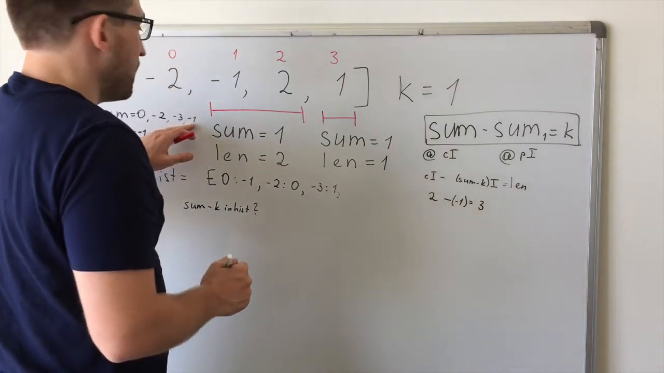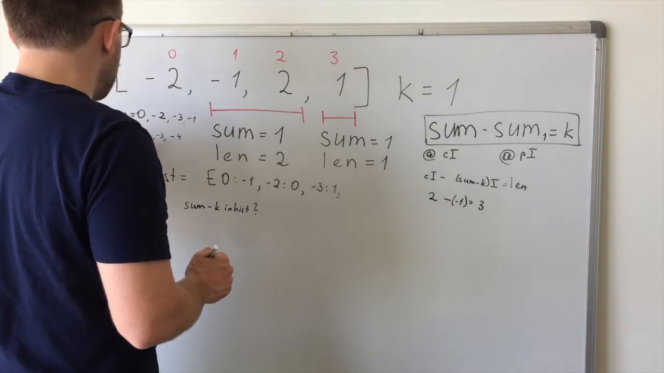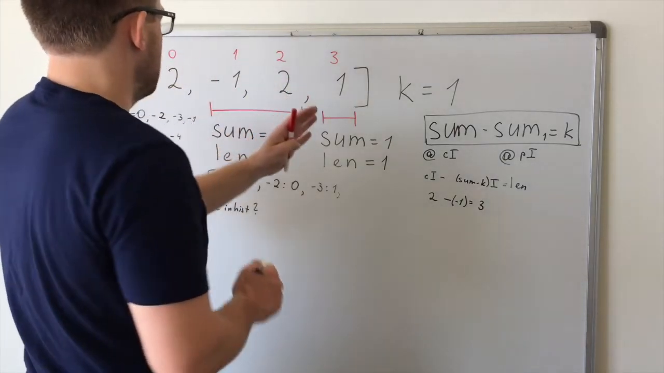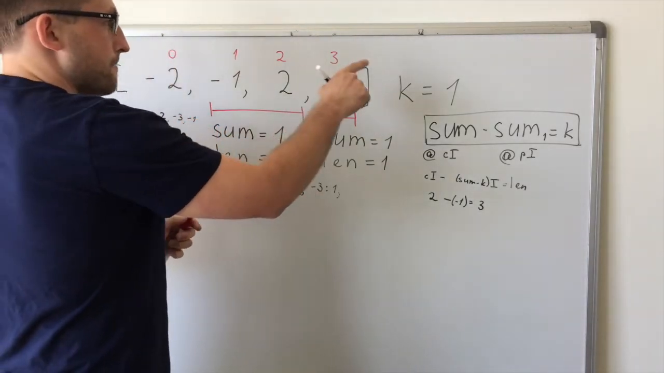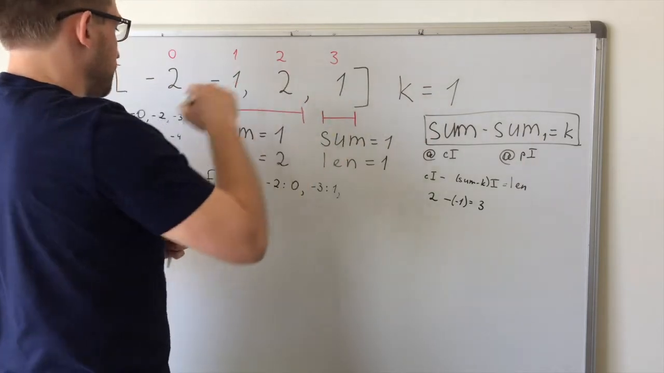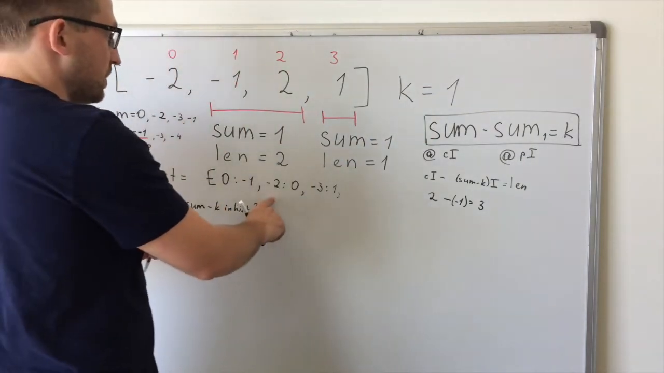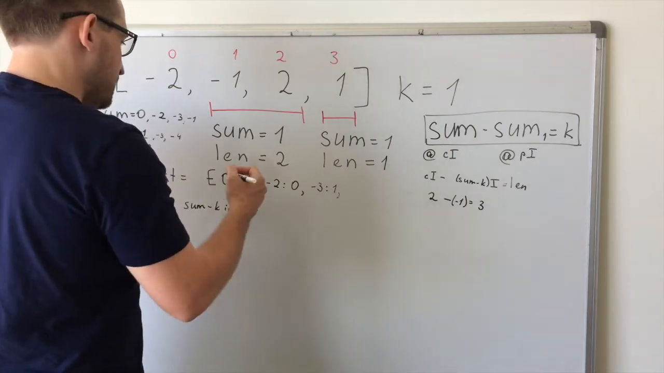Now, do I have minus 1 minus k inside of here? So minus 1 minus k, which is also 1. So minus 1 minus 1, that's minus 2. Is minus 2 here? It is. So what are we going to do? We're going to say that